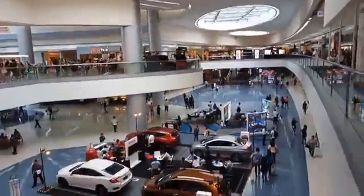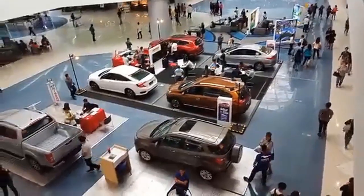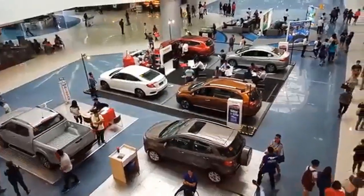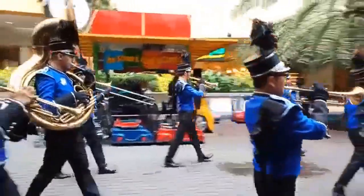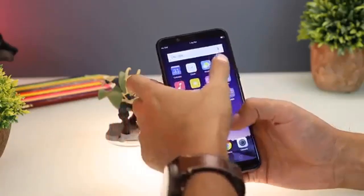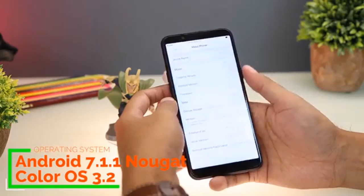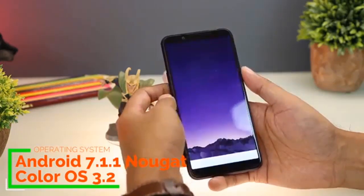When it comes to video recording, the OPPO A83 maxes out at Full HD at 30 FPS in MP4 format. It doesn't have video stabilization, and autofocus can be jittery, but the quality is okay with good colors and decent audio. Running the software department is Oppo's ColorOS 3.2 that is based on Android 7.1.1 Nougat with a November 5,